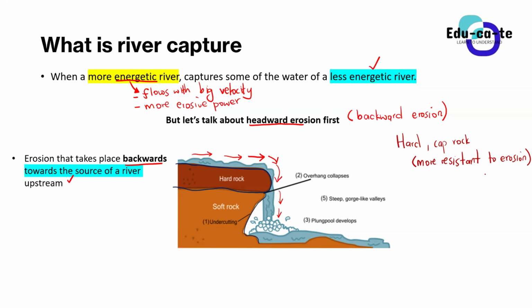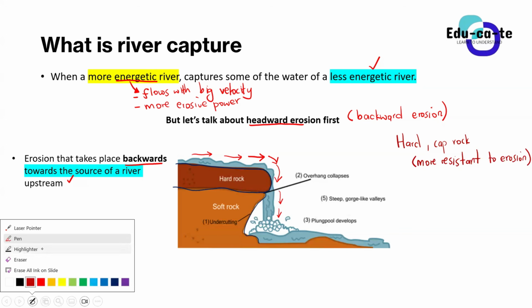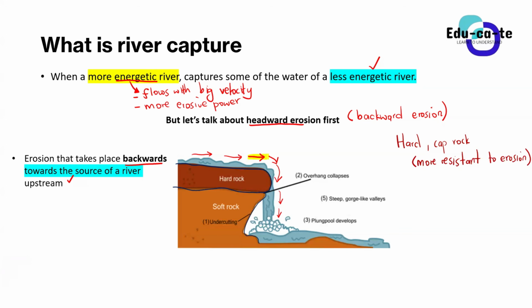All right. So basically, we want to see what that has to do with headward erosion. Okay, I want you to note something, grade 12s. I said that this river is flowing in this direction. You guys can see the direction clearly. The river is flowing in this direction. But I'm saying it's going to erode backwards, or it's going to remove the materials here at the back.